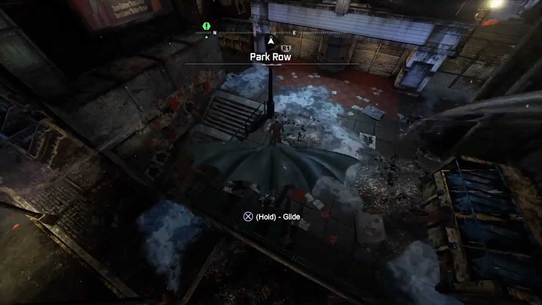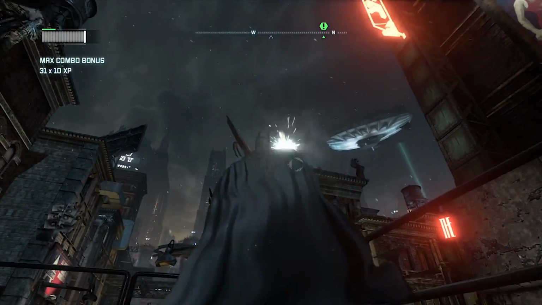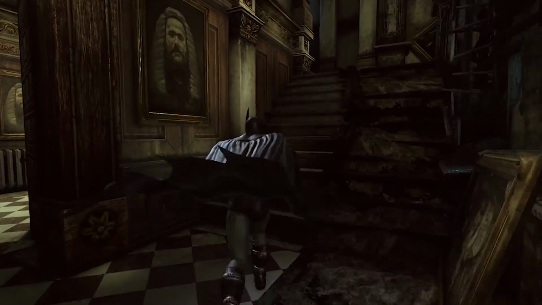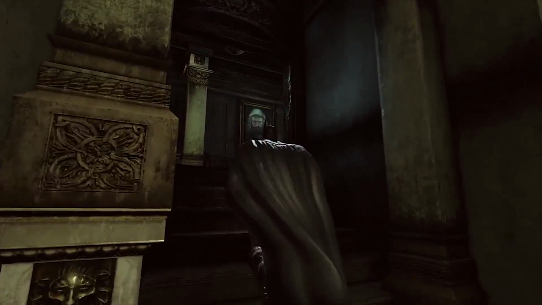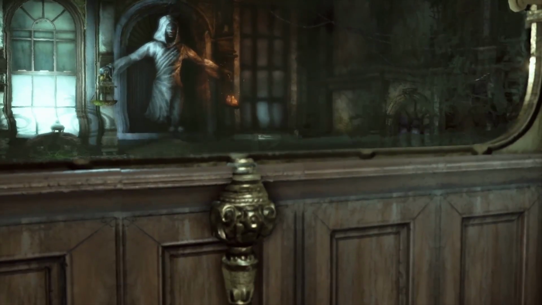So once you start gliding around the city, you will notice that again, the game lags when you are gliding around or fighting in various different locations. But then when you go into the courthouse, it becomes smooth, like 60 frames per second smooth. That is until a few seconds later you trigger a cutscene and, well...